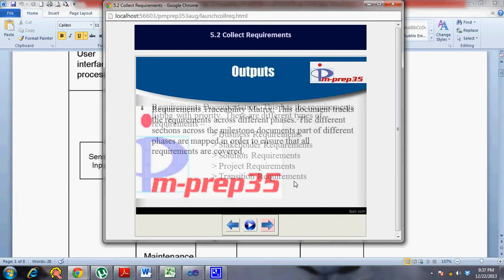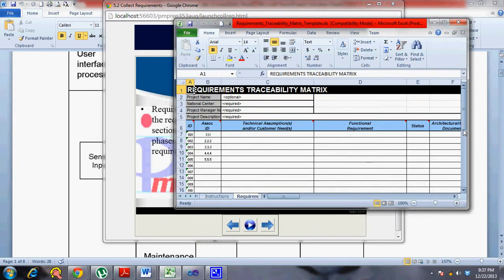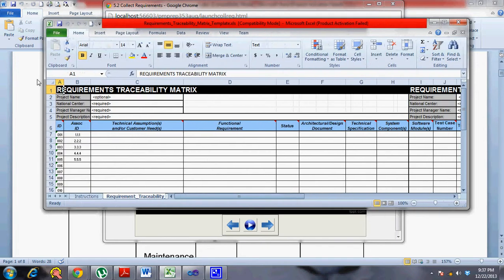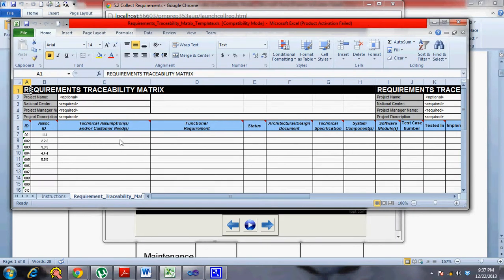The requirement traceability matrix tracks the requirement. The requirement usually has an identifier, and for each document, or in a design document, you might convert that requirement into a design, and in that section you will have a number, and that number normally goes into the particular column for that particular requirement. So you track your requirements from inception to closure across different phases, and then this way you ensure that all the requirements in your requirement documentation are covered in one way or another in all the deliverables across the phase.